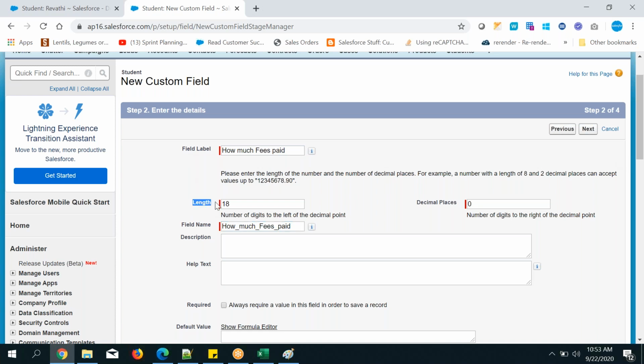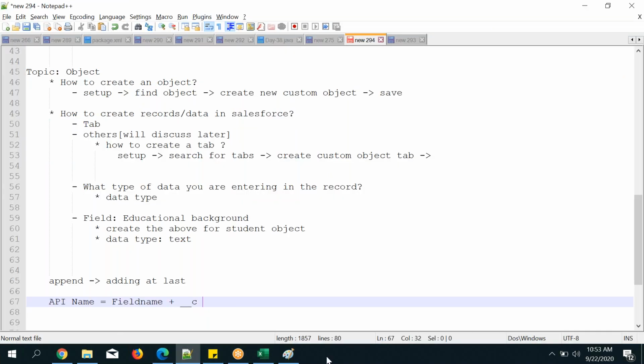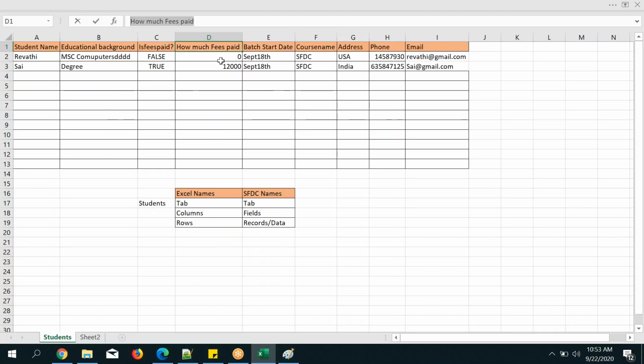Next, length. Here 18, maximum 18. What is the length here? Here I can show you. What is the length of this one, Revati? How many letters or how many integers have you added? Integer count is nothing but the length, guys.